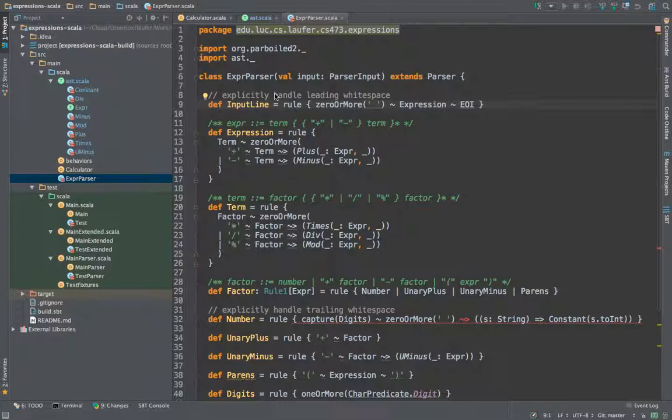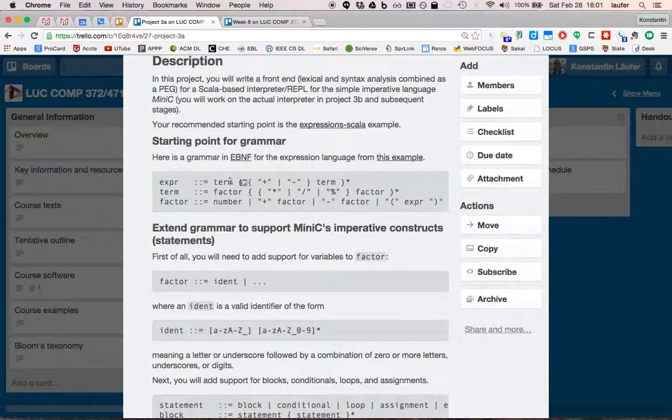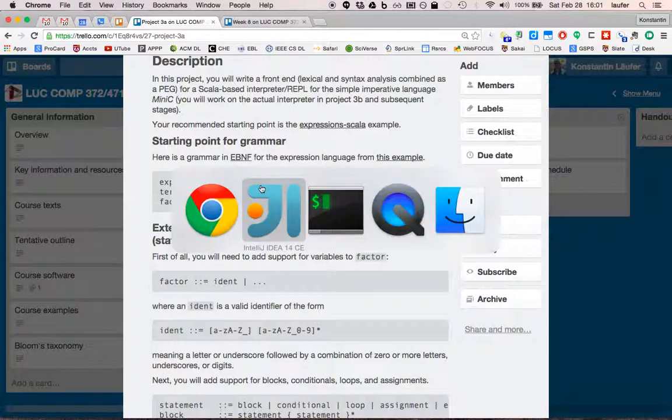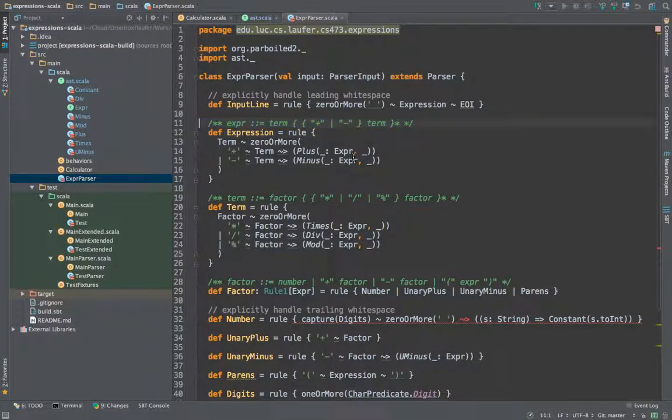Okay, so this rule construct also comes from Parboiled 2, and all these other constructs do as well. So we can say, well, an input line is 0 or more leading spaces followed by an expression and then followed by the end of input. And there's a way we're dealing with trailing spaces further down. Okay. Now the first rule we'll implement is, and see, these match what we have here in the project description. So an expression could be a single term,